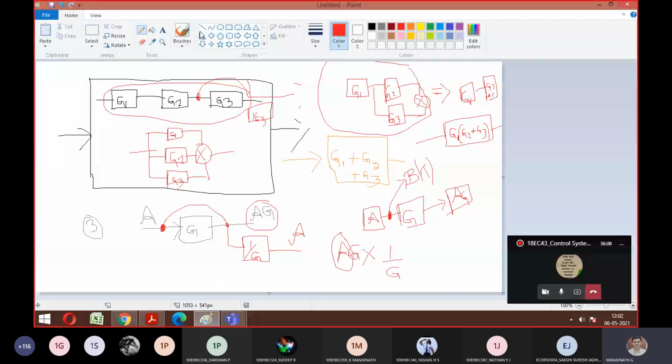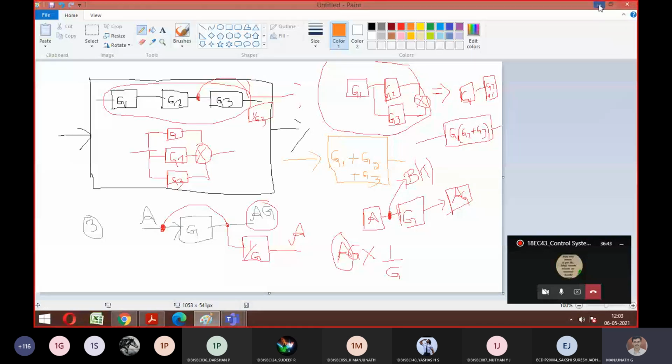We need to reduce the network as much as possible. Think of how you did network analysis: you went through KCL, KVL, mesh analysis, source transformation, and theorems. For what purpose did we implement all these techniques? The ultimate goal was to get a reduced network. Same way here also, if it is a complicated system, I need to make it a simple system. For that purpose, we are using this block diagram technique.